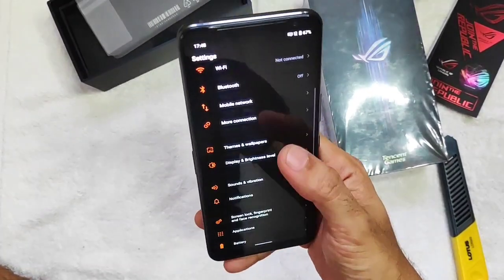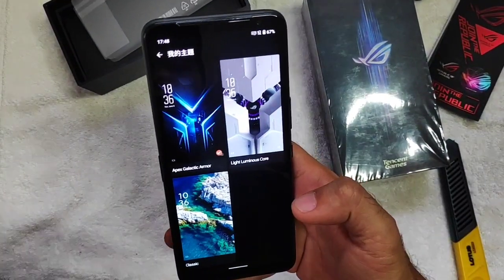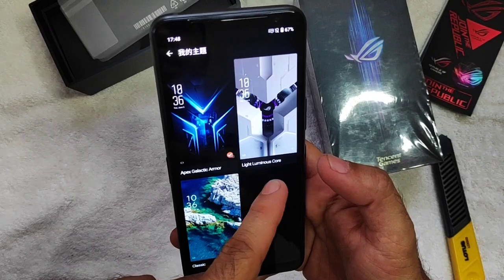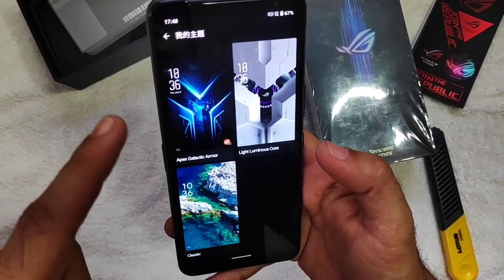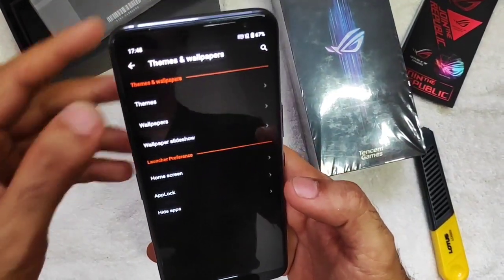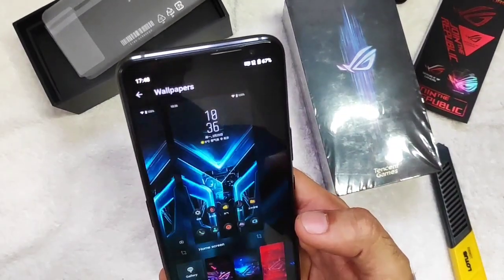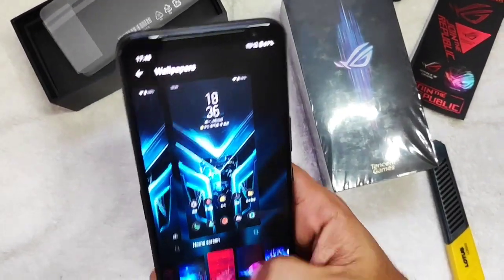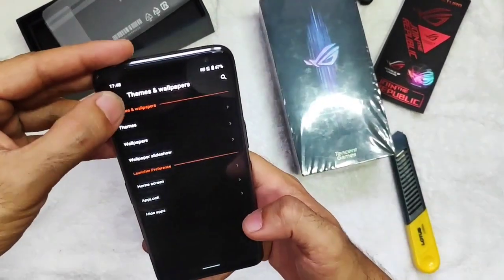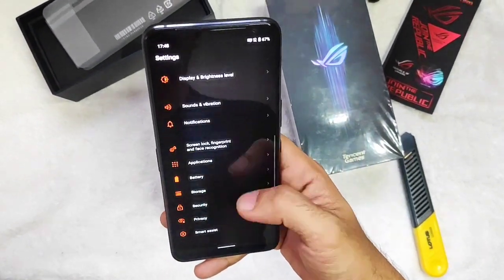So this is the settings. It comes with the themes. So you can choose whether classic, the light luminous, same as the ROG2, and the Apex Galactic Armor. You have your wallpapers here. You get to choose from your different wallpapers. So if you're familiar with the ROG2, you won't have a hard time with this because it's actually almost the